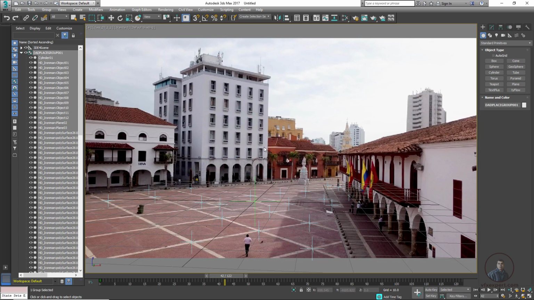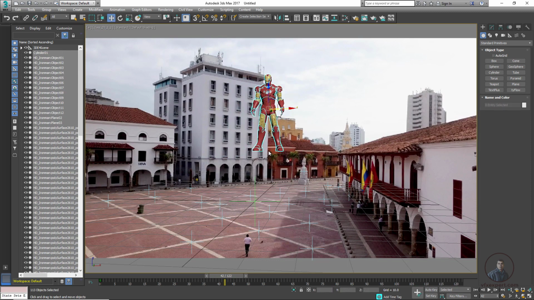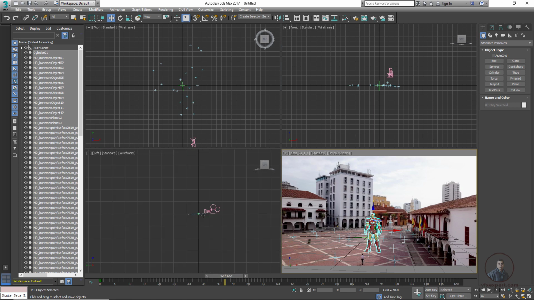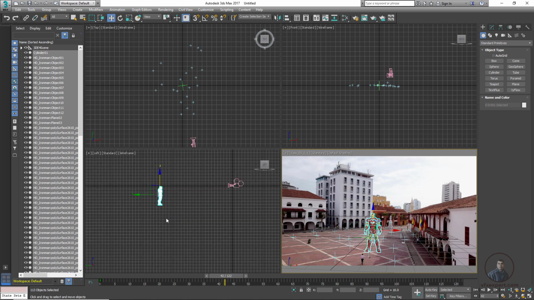So just simply we can place it. Now take this move tool and move a little bit here. Even simply press Alt and W again. So we are inside this four view here. Then easily we can place from here. So here is our model. So this is our model here. So we just have to move it.